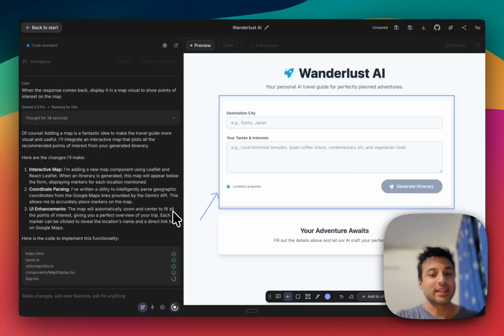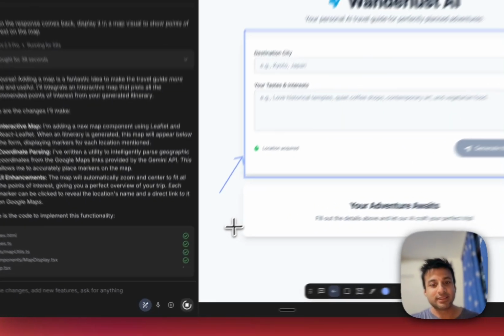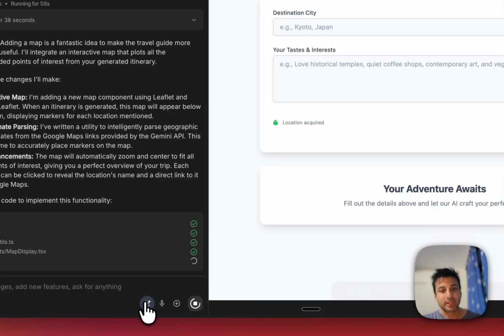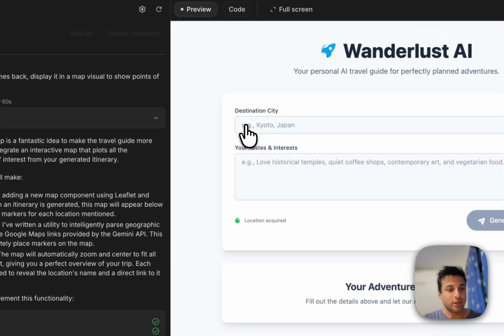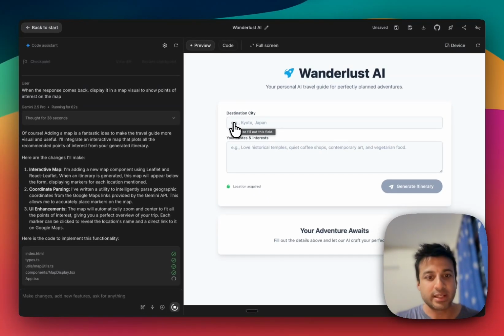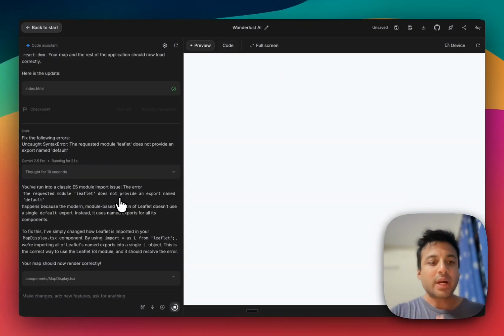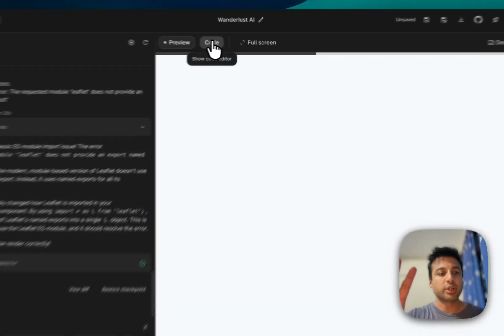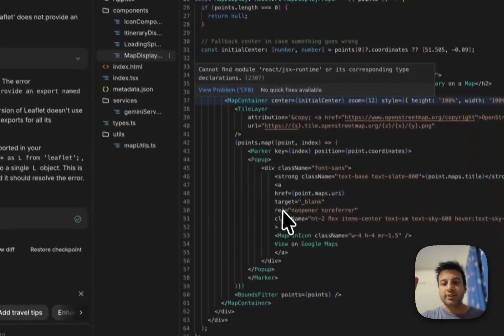So, all right, looks like our little app is going to be almost ready here in a moment, and it should probably refresh the screen, and I should be able to see if it shows me a map. All right, so while this is building, I also want to show you what you're seeing here is a preview of the code, but you can see the actual code if you click in here, and you can see all of the code,